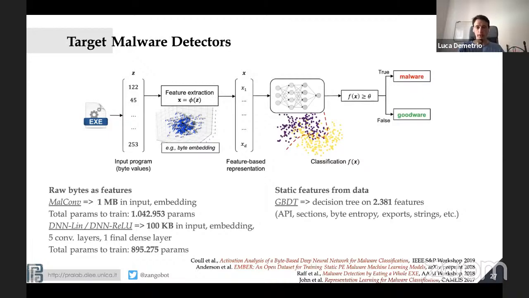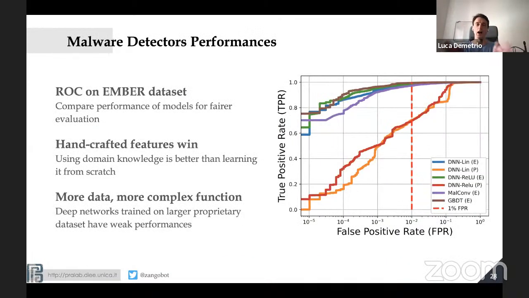So just to give you a recap, we take these models, and before attacking them, we evaluate their performance. Because if you attack a network and this network already sucks, what does it mean to attack it with an adversarial attack? It's already broken by itself. So what we do is take different scenarios, and we plot this ROC curve on the Ember dataset. The Ember dataset is just an open source dataset that has been used for training some of these models.